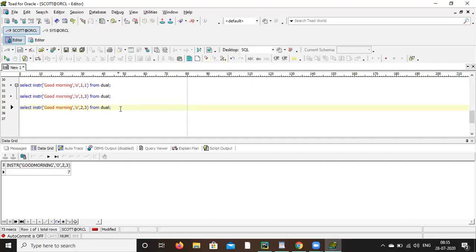Now give 3, 3. Why is it giving 0? Because it is starting from the third position. 1, 2, 3. So the second O is at the third position, and after that it will count. There is no third O. You clear? Okay, so this is your INSTR.